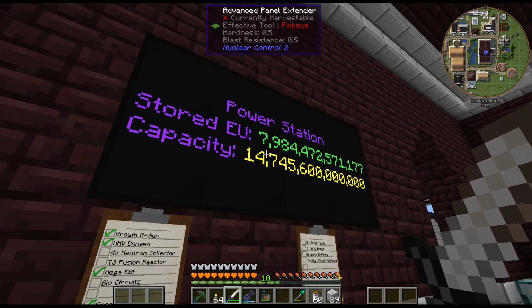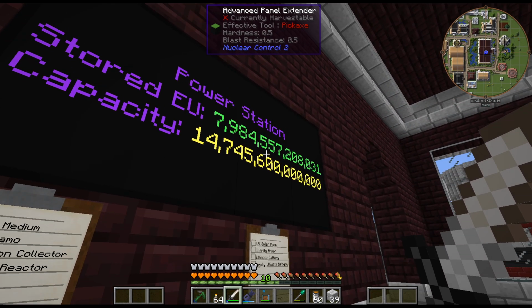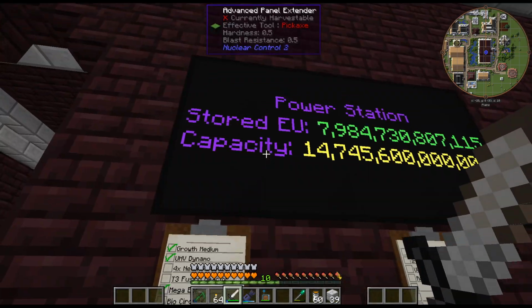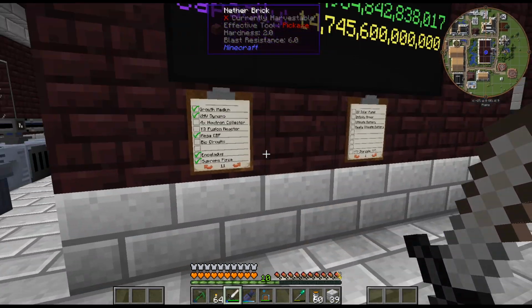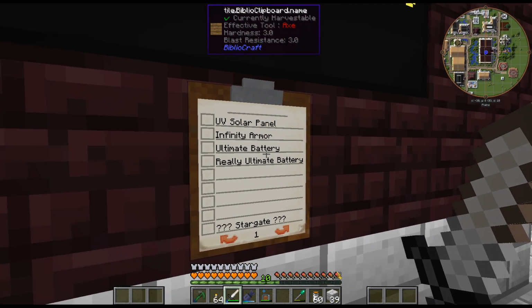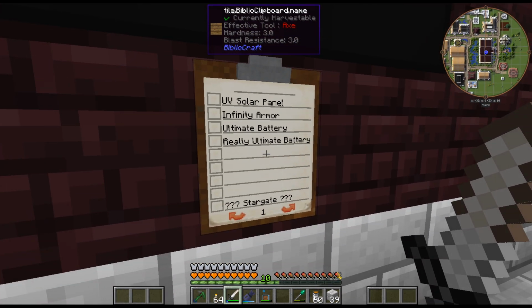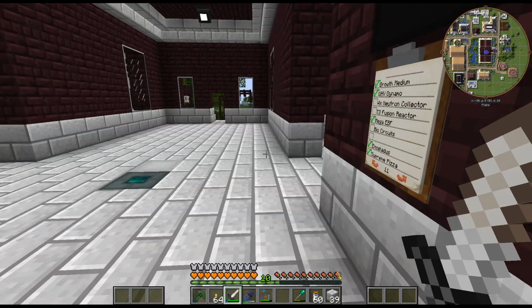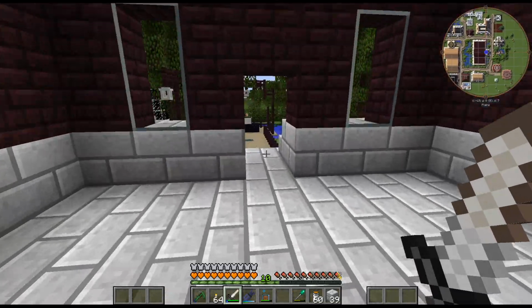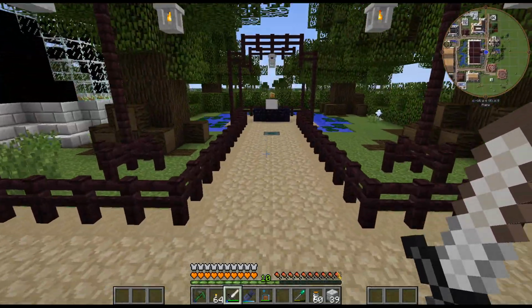This is the power that my base has. As we can see, it's going up, and we're just filling up that big round multi-block. This is what that is. And I have a couple of checklists, to-do lists, and these are the end goals for the mod pack, or for my playthrough. That's what I'm planning on. But yeah, let's